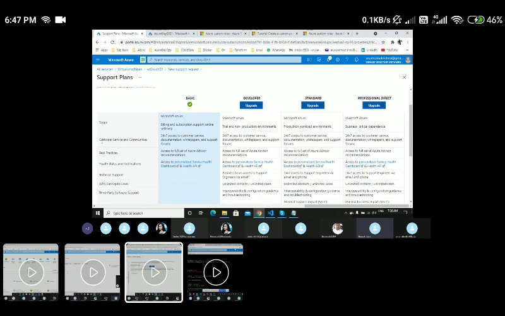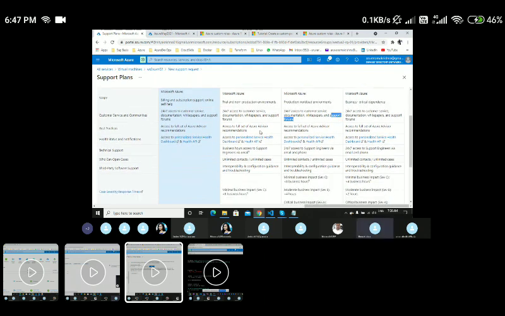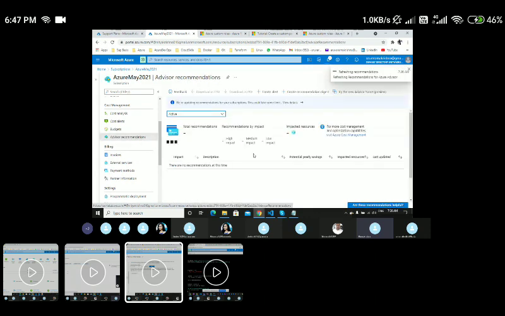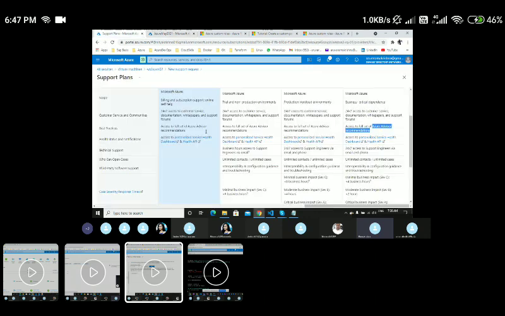And let's see some other additional advantages here, like customer service and communities. Here you could see they will provide 24/7 customer service, documentation, and support forums also. And for some of the best practices, they will also give you access to the Azure Advisor recommendations. We have seen Azure Advisor recommendations here. They will provide these as part of these support plans, even for the free trial accounts.